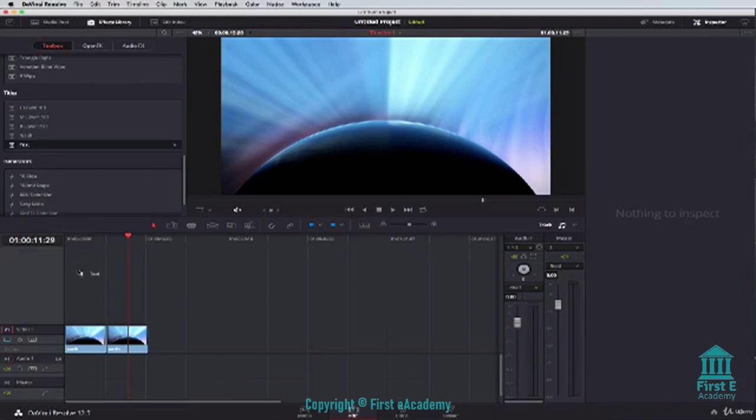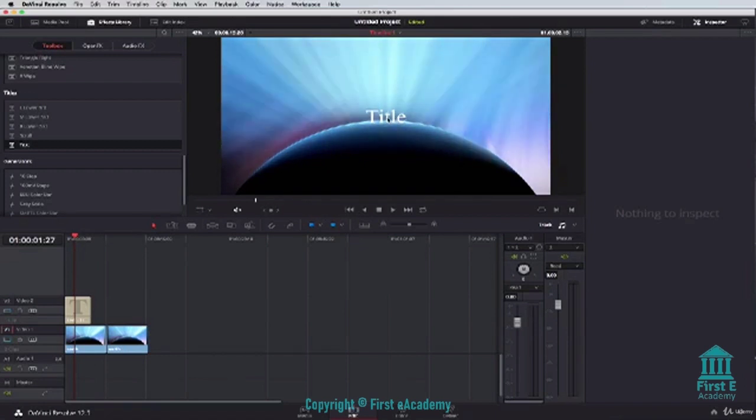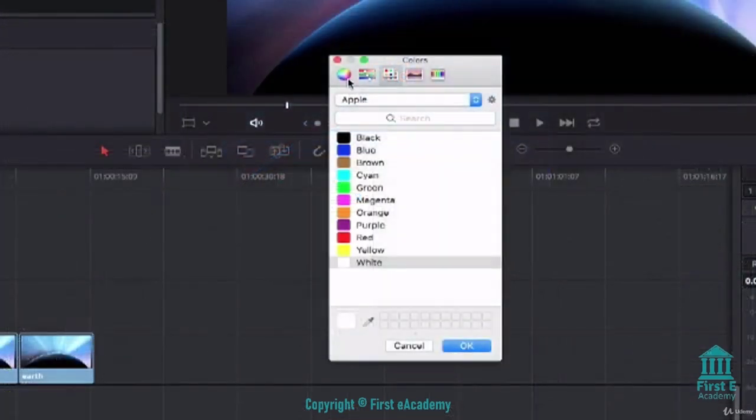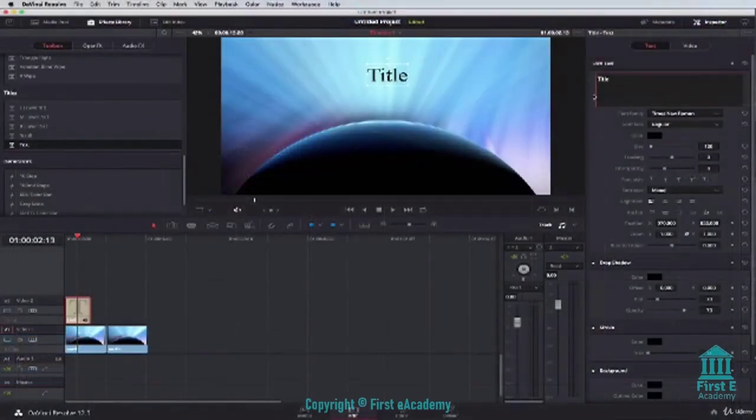So when we want to add text, what do we do? We just drag text onto the timeline, and once we place the playhead over the top, we can see where it is there. So what we want to do is just select it so it comes up. Now we can move this up here. Here we can change the colour. We've got some different colour options here, depending on how you like to work with your colours. For this particular tutorial, I'm just going to stick with the block colours, and now we'll just call this